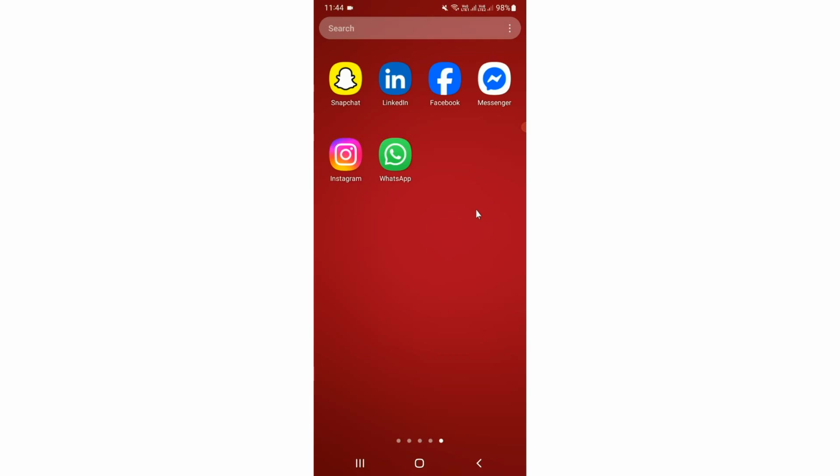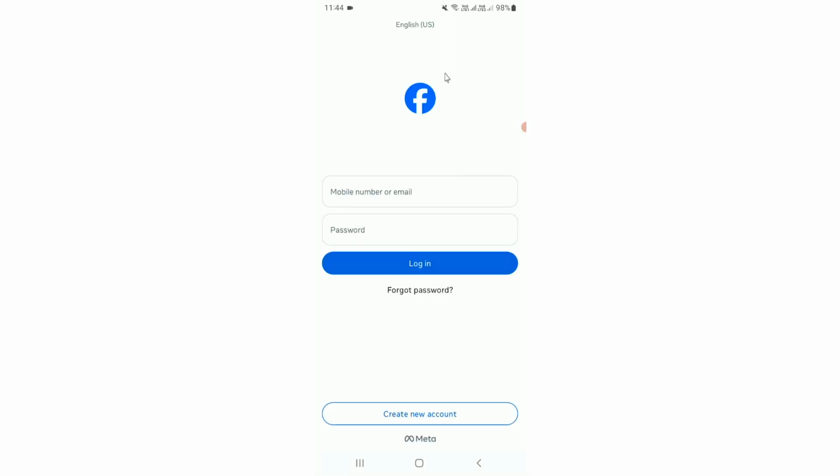How to make a Facebook new account in 2025. First, open up the Facebook app. Now here you need to simply tap on create new account if you want to make a new one for your usage. So you need to simply tap on create a new Facebook account,